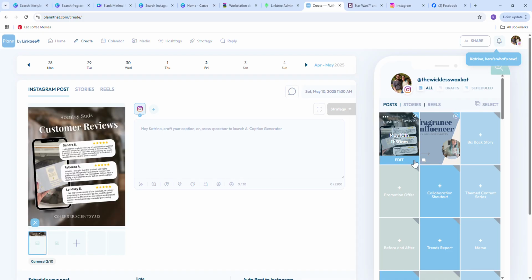Then you have May 10th that I have scheduled. I need to edit this one because this is a customer review post. So this particular one is going to be May 10th. It's a customer review post. I created all these, like these two things, on Canva. I have to fill this in. I'm going to basically fill in